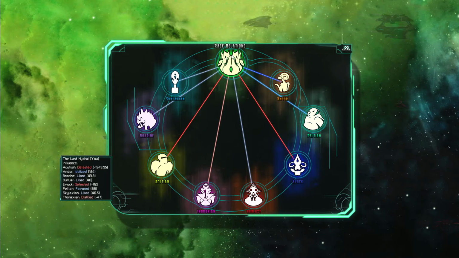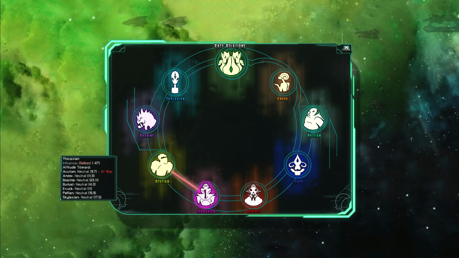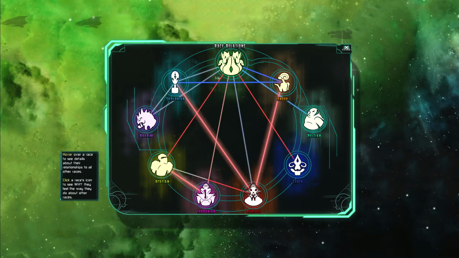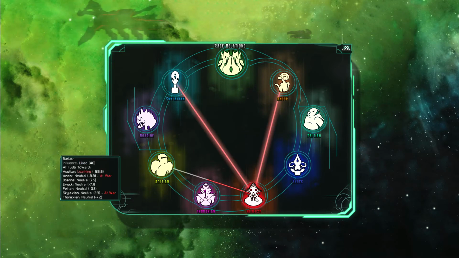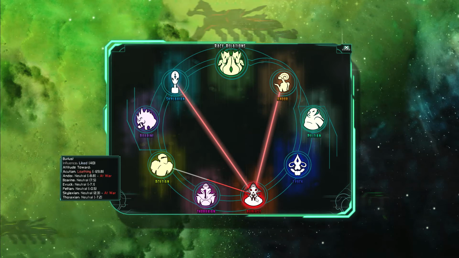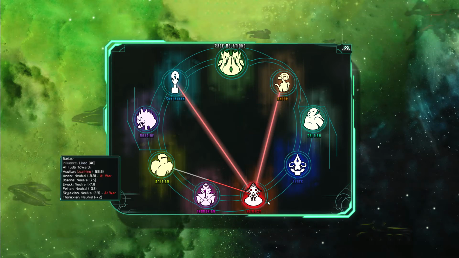You can see the relation to me. You can see that these guys detest me. These guys are, I guess, neutral-ish, kind of slightly negative. And you can see who's at war with who. So these guys are at war with Thoraxians. These guys are at war with Andor and Scalaxians, who are kind of my allies-ish, or they're going to become